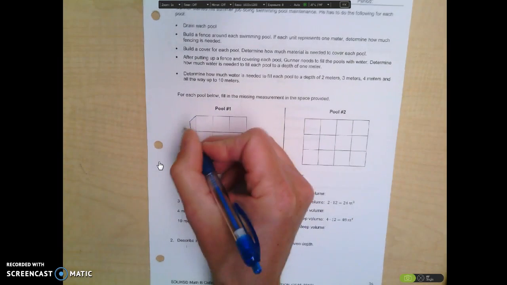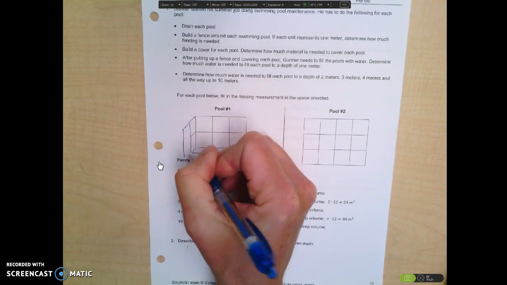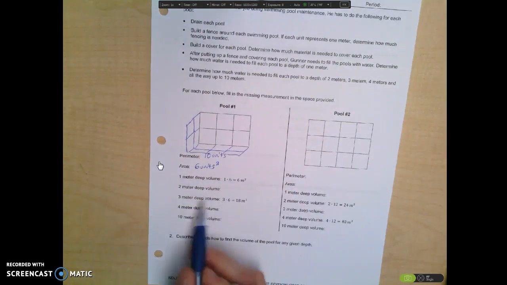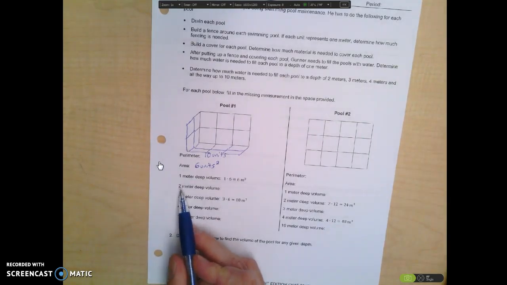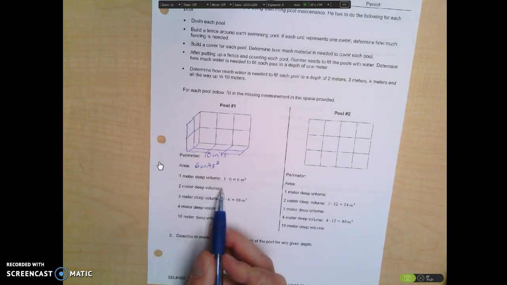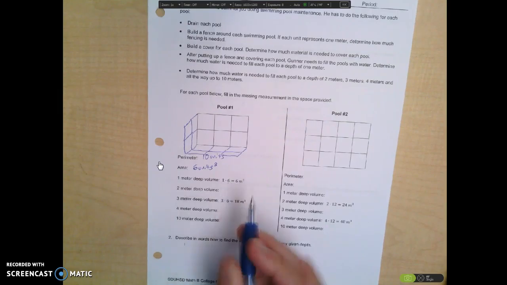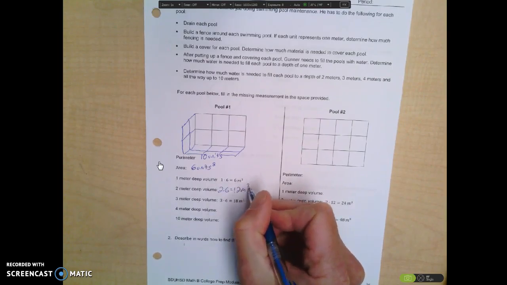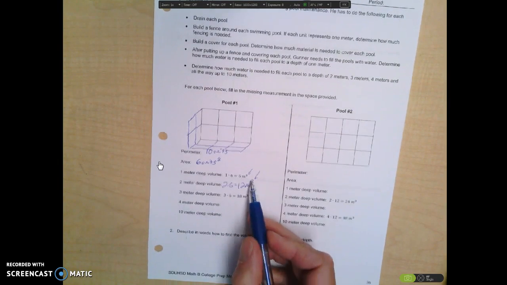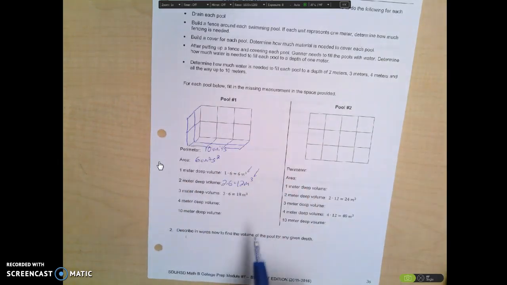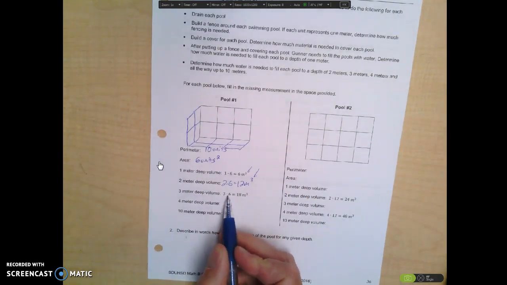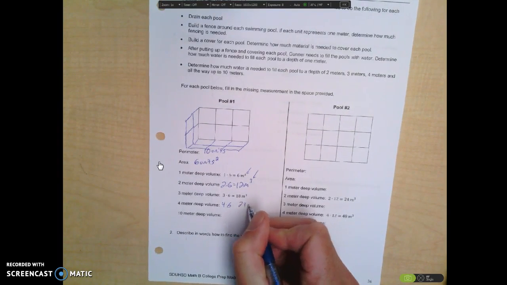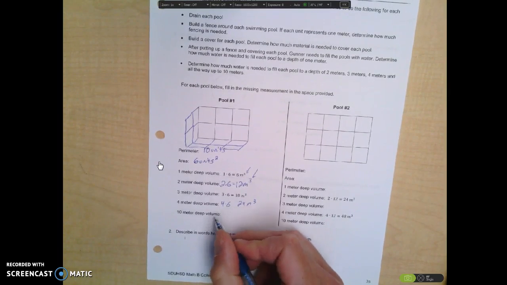So now if I increase it to 2 meters, and obviously this isn't drawn to scale, but if I just add another layer here, you just multiply the 2 meter depth times the original area of 6, so 2 times 6 is 12 meters cubed. And that's important that we're using cubic units here because it's three-dimensional shapes that we're talking about. And you clearly see that 3 times 6 is 18. And of course 4 times 6 would be 24 meters cubed, and the next one, 10 times 6 would be